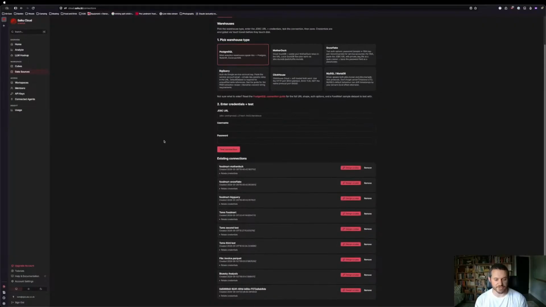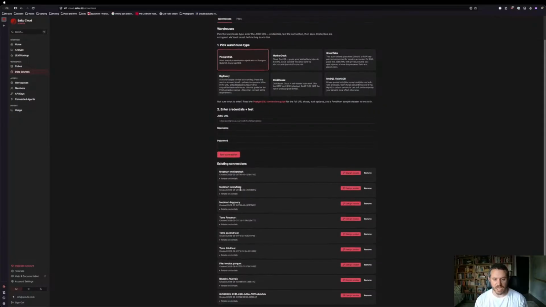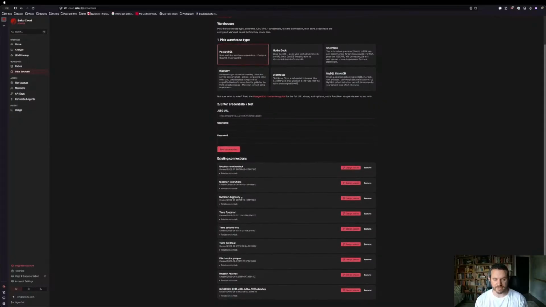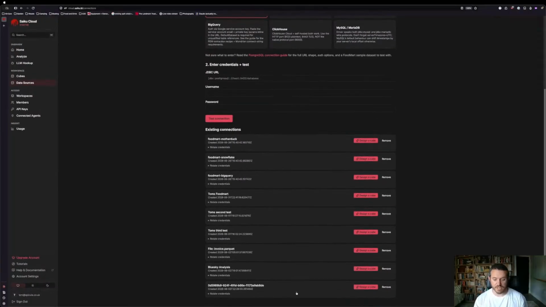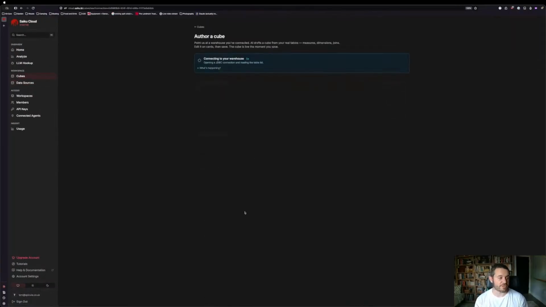If I click on data sources, you can see that I've created a number of different test data sources here. Some are literally called test. But we're going to look at various different ways of being able to connect to this. Down the bottom here is the actual connection that I ironically didn't label, but that's the connection we're going to look at. So once again, if I make this a bit bigger, if I hit Design Cube,